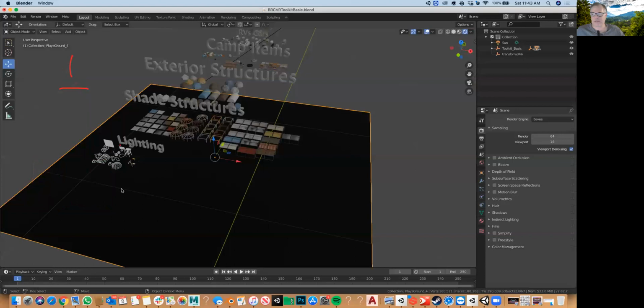What feature is this? Is that a draw on the screen feature? I don't know. Anyway. Okay. So